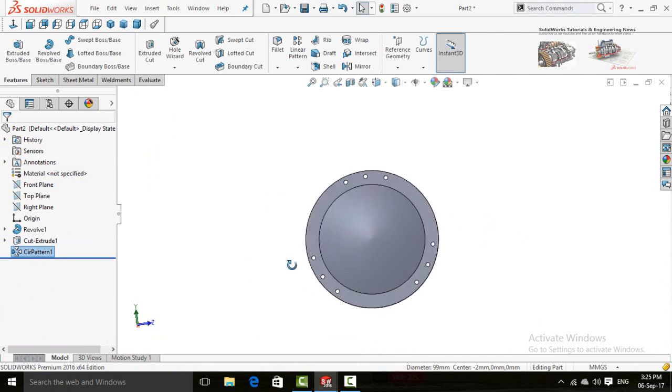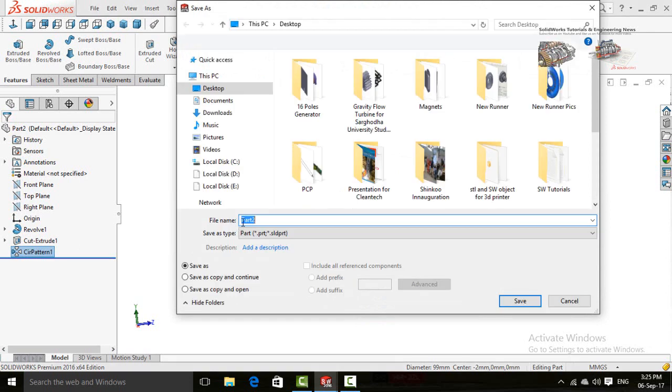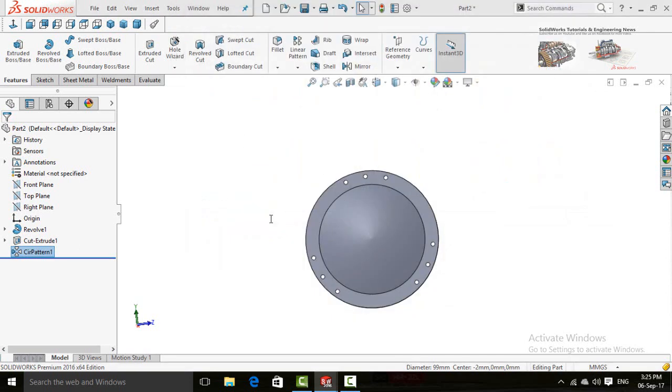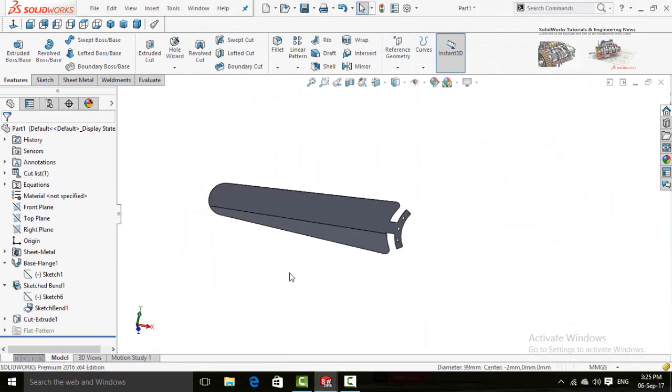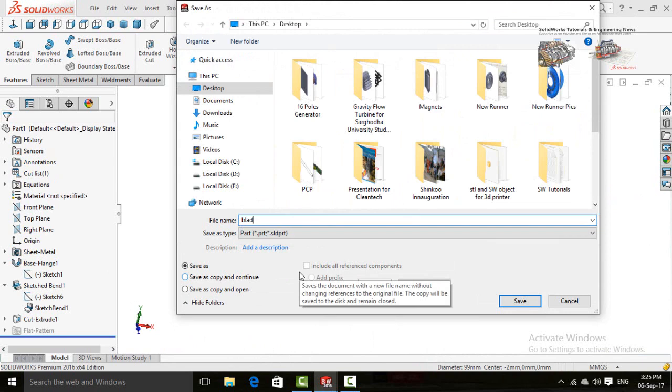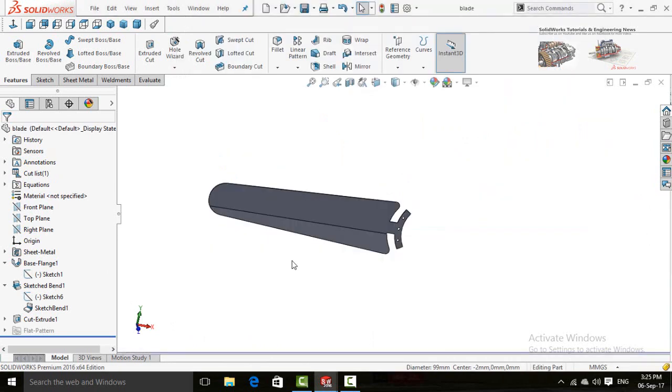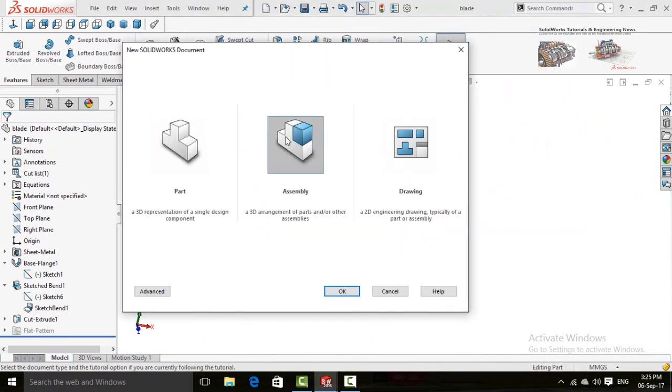So save it on the desktop. Hub. Also save the blade. Now create a new assembly.